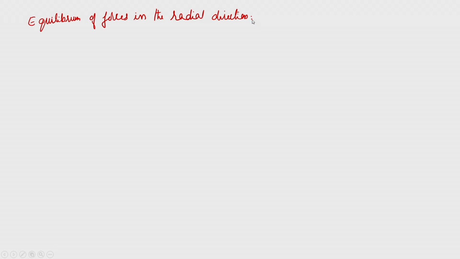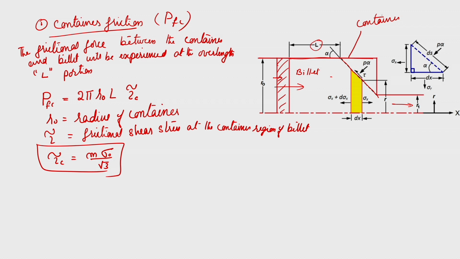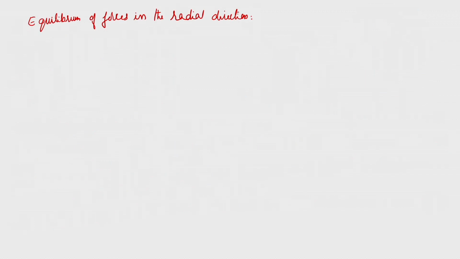So, if you look at it, what are the terms which are coming? One is the P ds cos alpha. See this part, if you resolve it in this direction, then the sigma r component is also coming, and then you will have the component of the frictional force at the interface. So these three you can write like that: P ds cos alpha